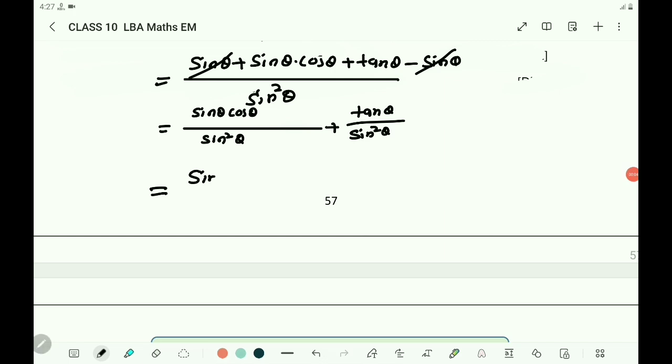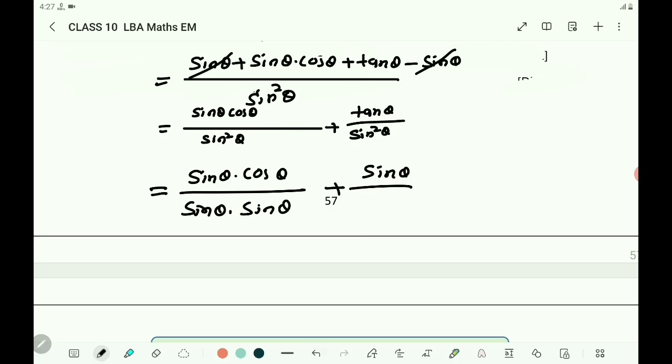Write sin theta into cos theta by sin theta into sin theta plus express this tan theta as sin theta by cos theta into 1 by sin square theta equals sin theta cancels, cos by sin you got, that is cot theta,